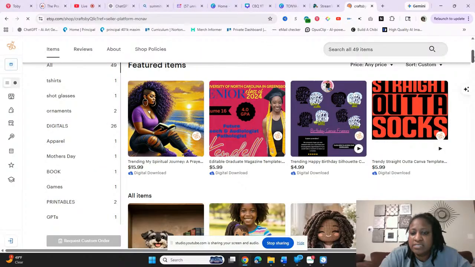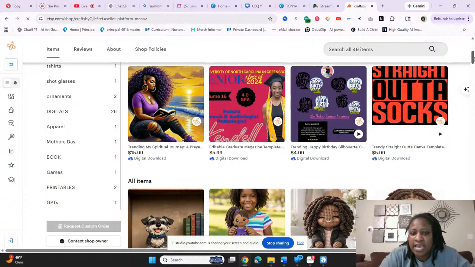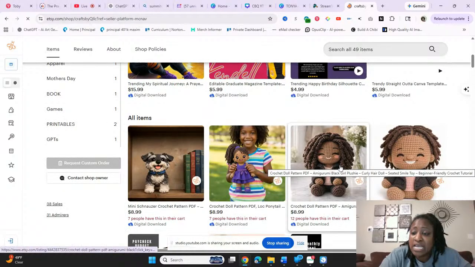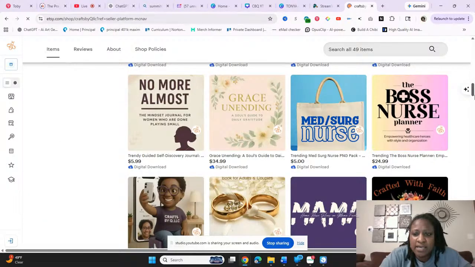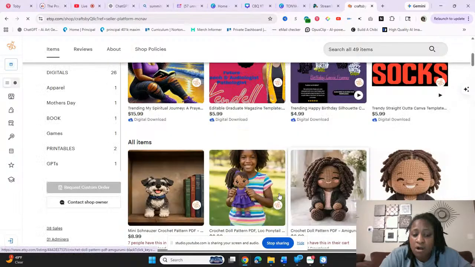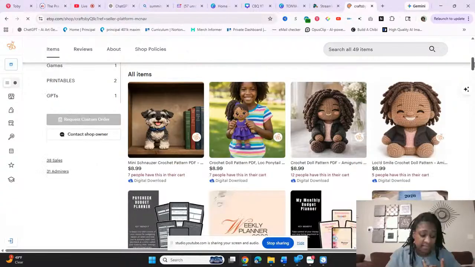See stuff I got in here, but this is my little dolls here. That's what people are buying. So patterns. They are crochet patterns, and that's what the people are buying too.